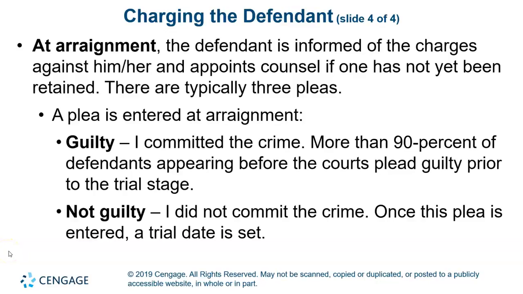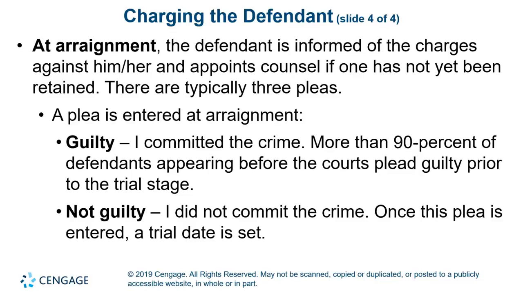All right, welcome back to part 2 of chapter 10, where we were talking about pretrial and trial procedures. We're staying with charging the defendant, but we're going to start to move into the actual process as we get closer to trial, if you will. So we talked a lot about the indictment process, the grand jury. We talked a lot about the information process. Remember, that's the preliminary hearing. And we went over those in detail, so you should be pretty set on both of those.